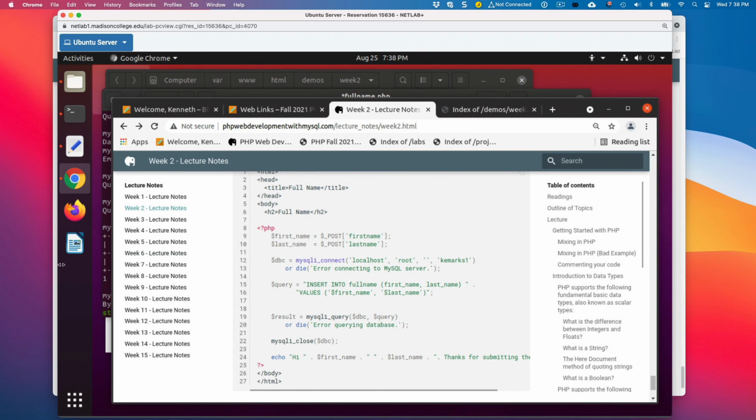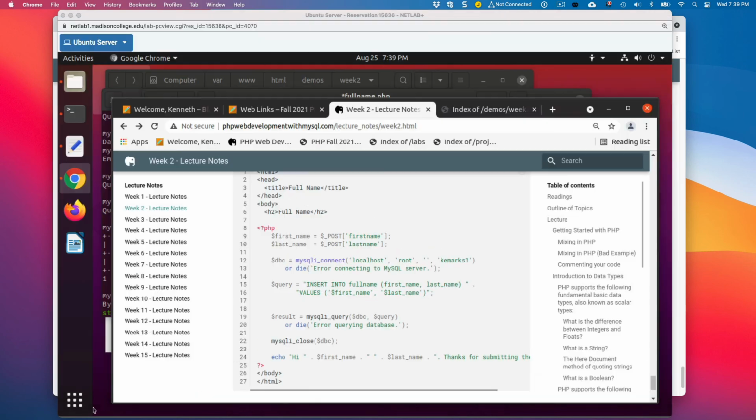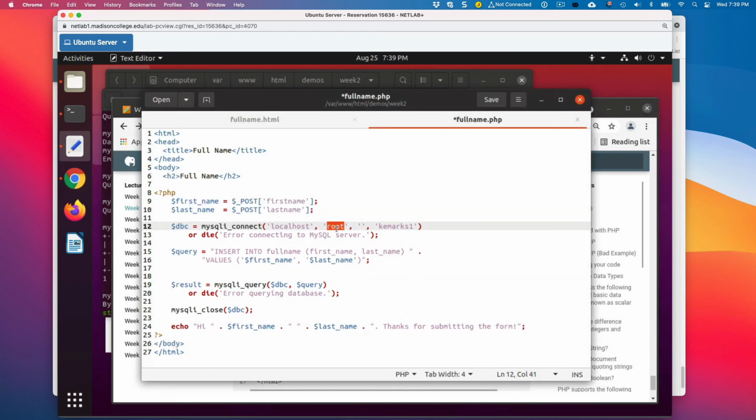I'll make sure that that's fixed in the lecture notes. So let me make sure I change that. Okay, so that's going to be student, and this will be student. Save that.